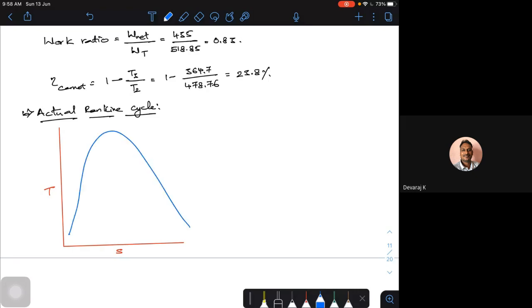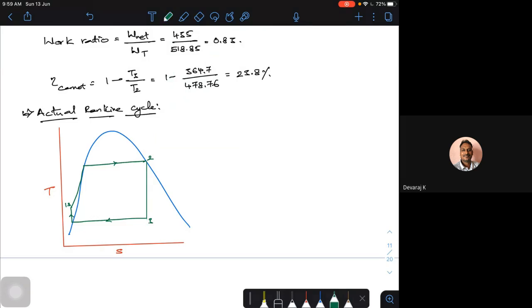Then let's put the corresponding processes. We call this 1s. The process will be going like this. Then it will go to the highest possible point, which is the pressure of the turbine. Then it will go to the dry side, the dry condition. Then it expands, isentropic expansion. Then heat rejection in the condenser. So this is the point 3. I'm getting the actual one.